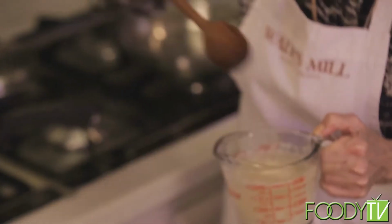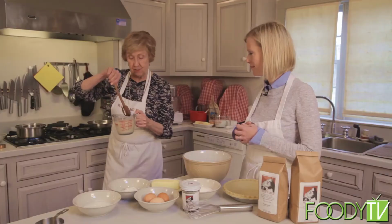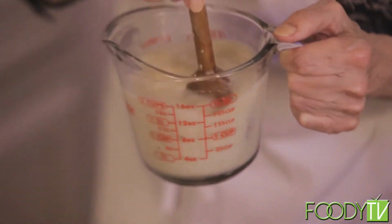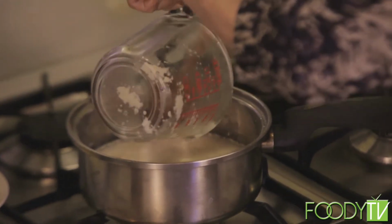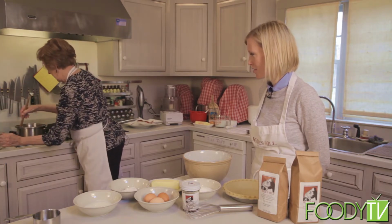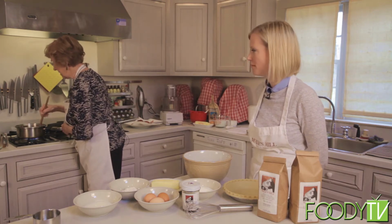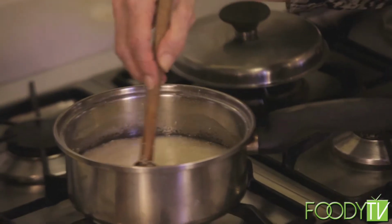This is a slurry. This is cold water that you put your grits in to start with. And after you've got your slurry made, you pour it into the boiling water, and it will be a miracle because you will find that you don't have lumpy grits. So you have to just keep stirring it until all the water gets soaked up. It does take a few minutes, so we can move on to talking about the...